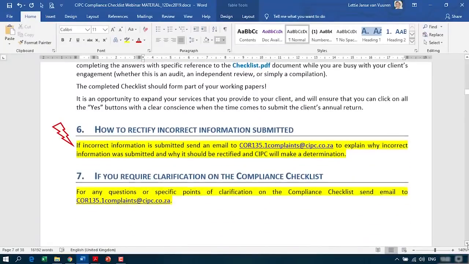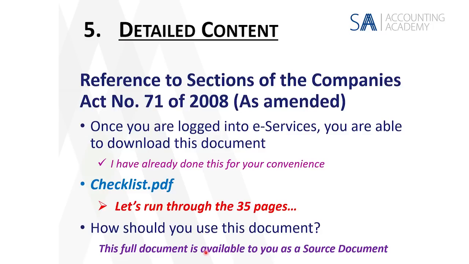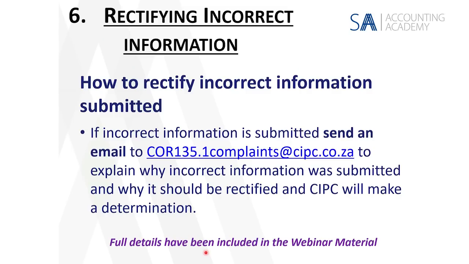Right. Let's move on to our 6th item now. And this is how to rectify incorrect information submitted. Let's get back to our slide. That was the detailed content. How do we rectify incorrect information? Well, if you did anything incorrectly, you are going to send a very nice email, a very explanatory email. You're going to send it to COR 135.1 complaints at CIPC. You're going to explain why incorrect information was submitted, why it should be rectified, and then CIPC will make the